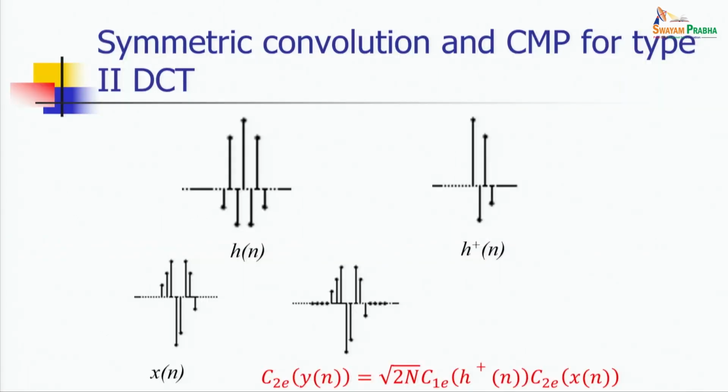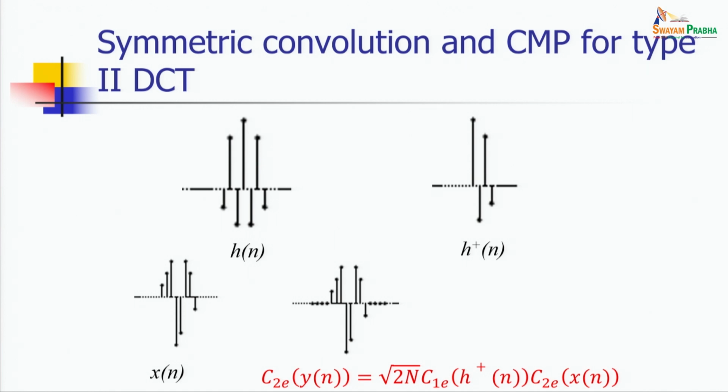Welcome to the subject Advanced Digital Image Processing and Computer Vision. We are discussing compressed domain processing. In the last lecture, we started discussion on image filtering, and today we will continue that discussion. In the last lecture, I mentioned that there are certain convolution multiplication properties which hold in the discrete cosine transform domain, or type 2 block DCT domain,